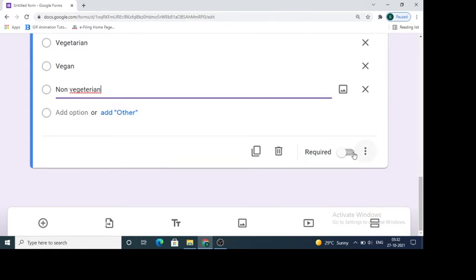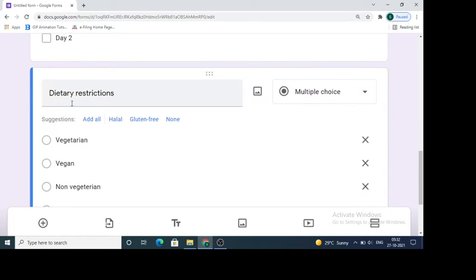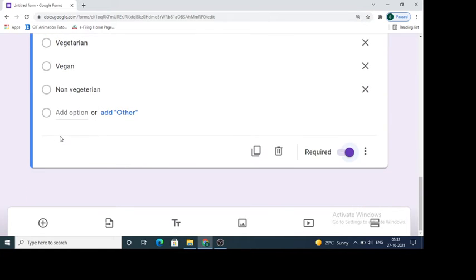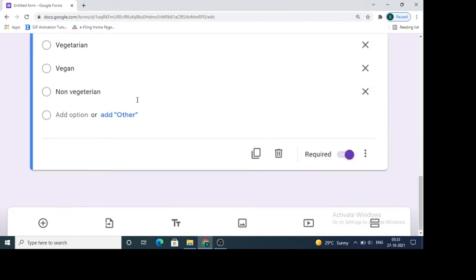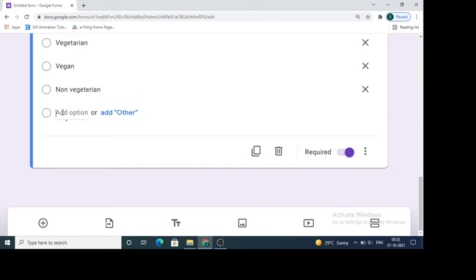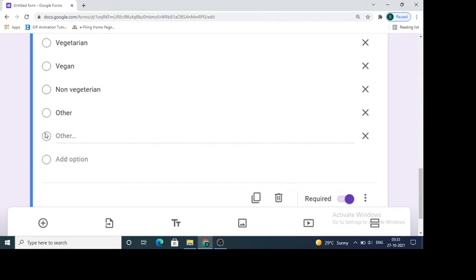Even this we will make required. So among these, a person whoever is registering for the event has to choose the type of food that will be preferred by him or her. Or one more option we will give, any other type of food if that person will prefer. Okay.